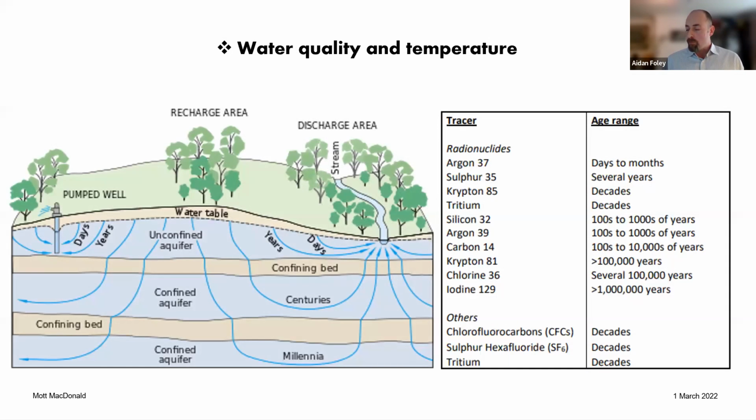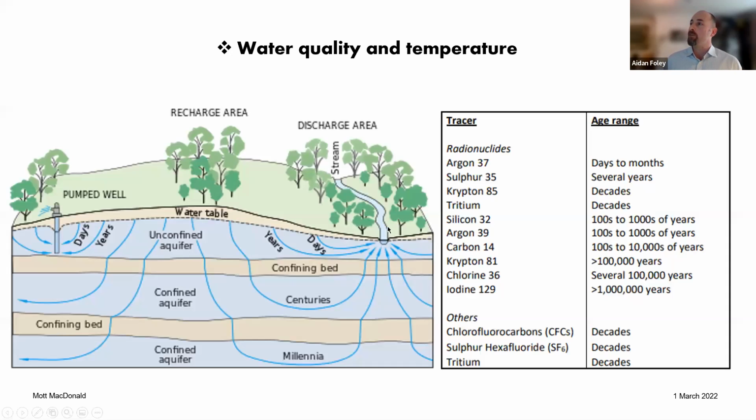So I've got 5 minutes left. I want to talk about water quality and temperature. In the same way that measuring the discharge at a spring, which is a straightforward thing to do, can provide a lot of information about the structure of the permeability of the rocks behind and beneath and feeding the spring, the water quality and the temperature contain a great deal of information about the history and the provenance origin of the water sourcing the spring.